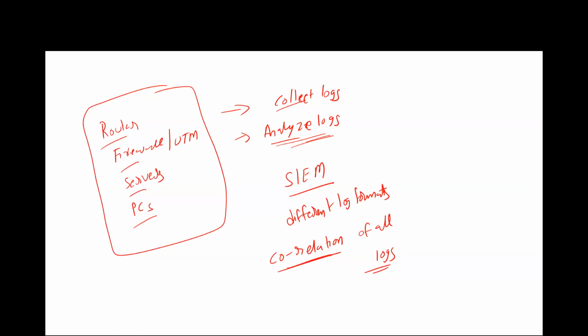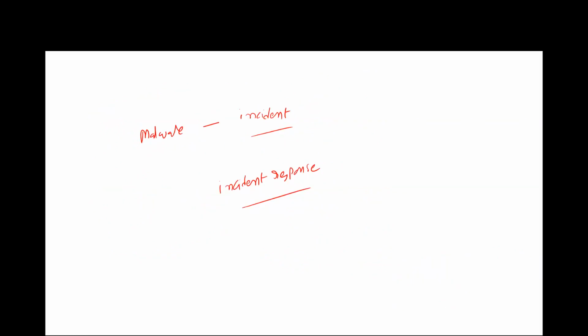Even for a basic network, which contains around 10 to 15 devices, meaning a small network with 10 to 15 computers or servers, whatever it is, if you want a SIEM solution to collect all the log messages and do real-time analysis along with the correlation and all,